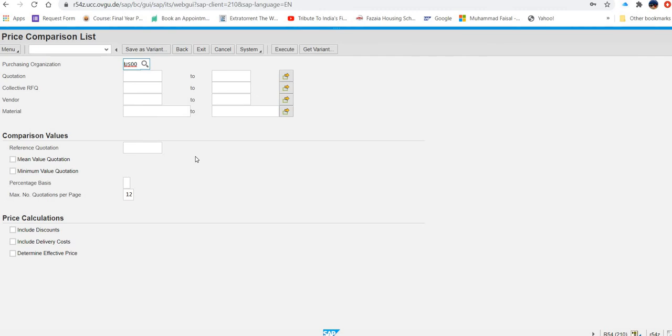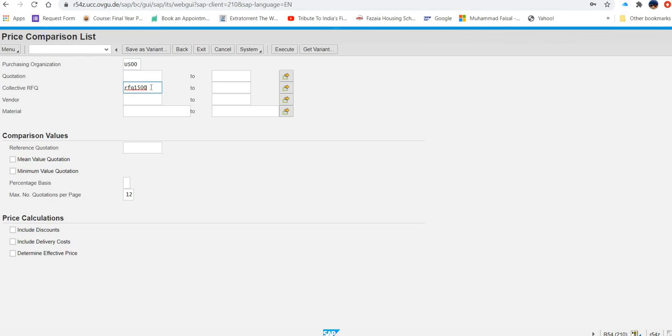Now in this, you have to enter the purchasing organization, that is US00, and collective RFQ, RFQ1. Where is collective RFQ? Here, RFQ1, and with this triple hash, means you are going to replace it with 500.